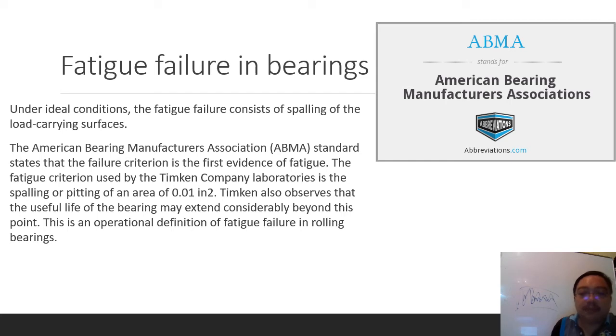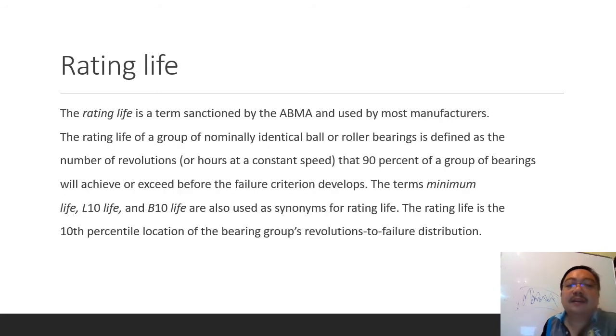The same goes for your car. You don't want your car to become damaged. You change something that you have to change. That is why that is the recommendation. Rating life is the third definition by ABMA, used by most manufacturers. Rating life is for a group of nominally identical bearings, defined as the number of revolutions at which 90% of the group of bearings survive. Meaning that if you remember what you learned in mathematics,